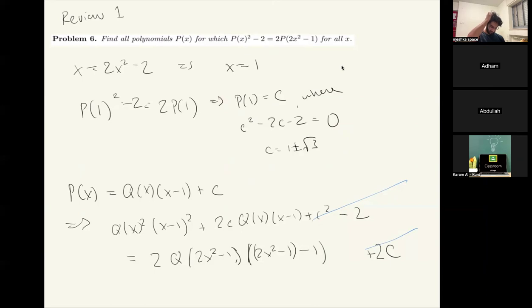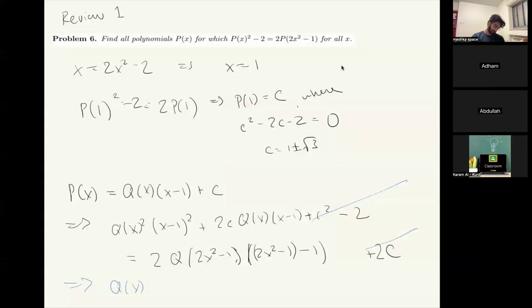So now we can actually factor out x minus 1 everywhere, right? Because this one becomes 2x squared minus 2, which becomes x minus 1 times x plus 1, right? So we can factor. Okay. So it becomes